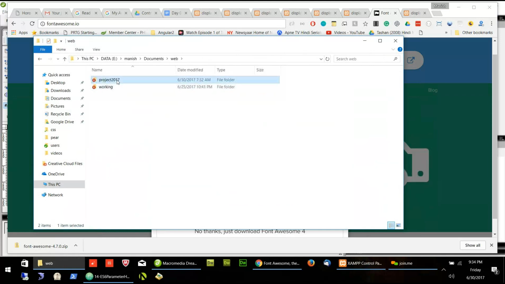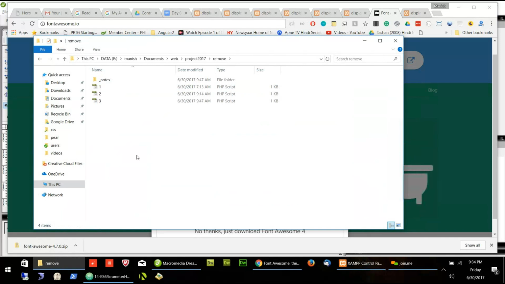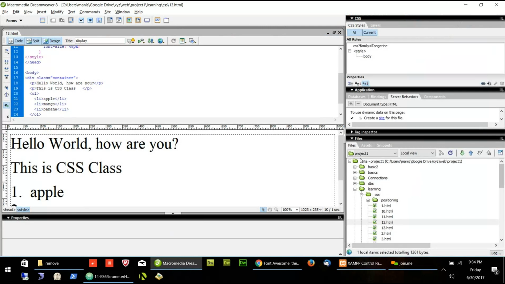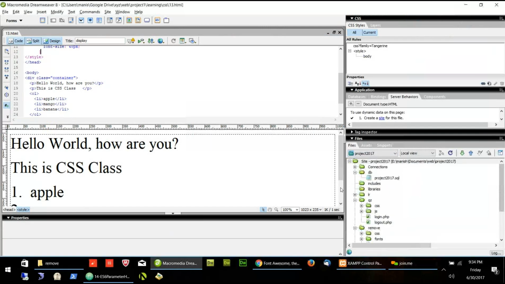I will put it in project 17. I'll just put it here. And then I will go here, change the project to project 17, and we'll go to the fonts.